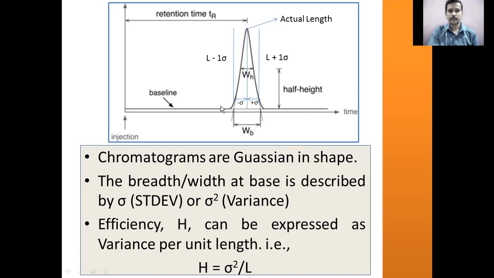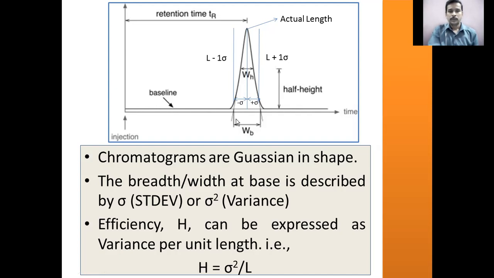So this is the direction of generation of the chromatogram, right? Like this. So this is the front of the chromatographic peak and this is the tail of the chromatographic peak. So this is the center. At the center, exactly, the retention time will be noted. So what is this retention time? This is the time taken by the solute to get signaled by the detector. Here exactly the solute is reaching the detector, right?